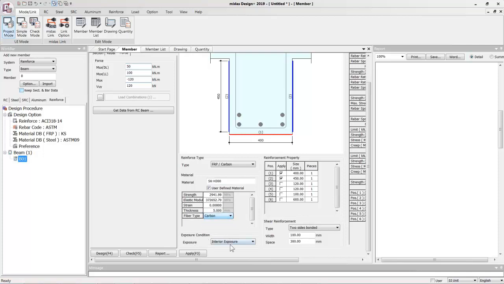The exposure condition: interior exposure, exterior exposure, and aggressive environment. These options are available. Accordingly, the design will be performed. Then further, the property for our strengthening. Basically over here we can see the first position, if we check this one, then we'll see